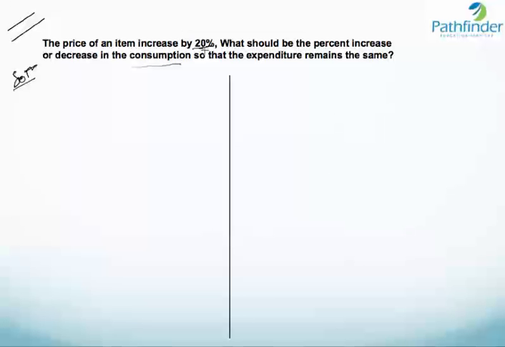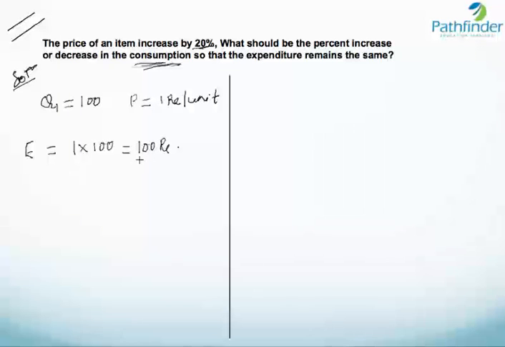So, what we will do? We are asked to find the percentage change in consumption. So let us assume that the initial consumption Q is equal to 100 units. And let us also assume that initial price is 1 rupee per unit. So what is the initial expenditure? Initial expenditure is 1 multiplied by 100, that is 100 rupees. So because the initial expenditure is 100 rupees and this is not going to be changed, therefore the new expenditure E1 is also equal to 100 rupees,